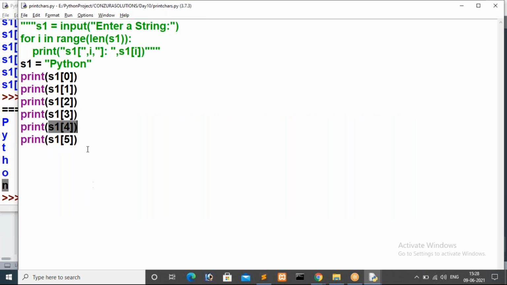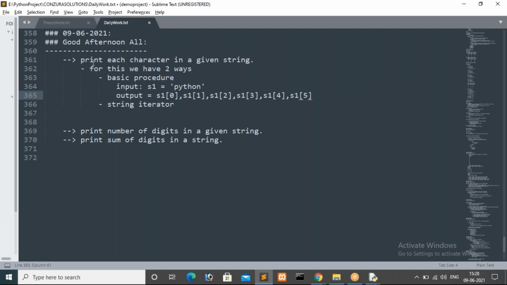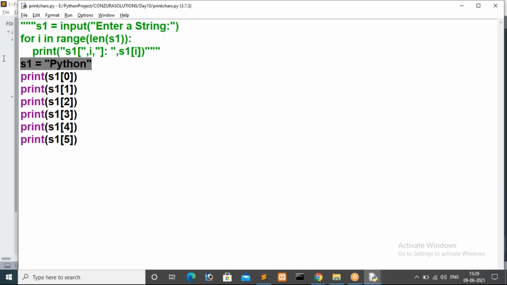Now here we have a drawback, guys. We wrote this logic and completed our assignment, that is, print each and every character in a given string. For that we initialized a static value.